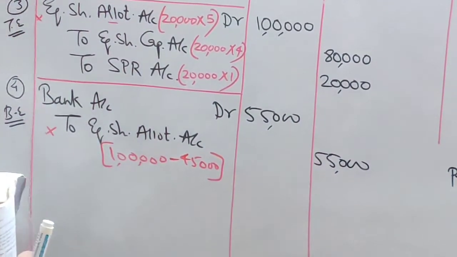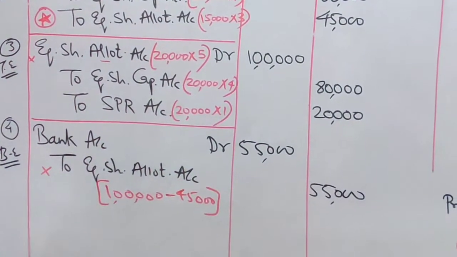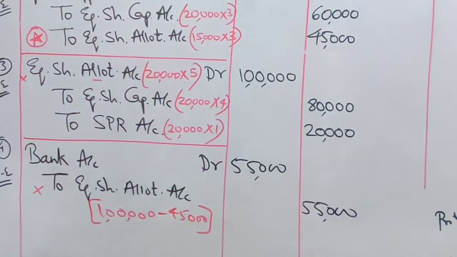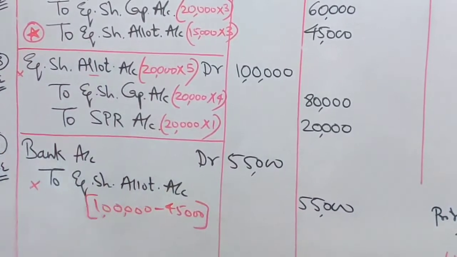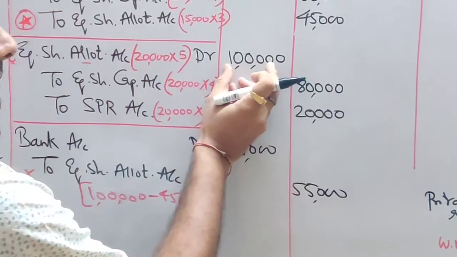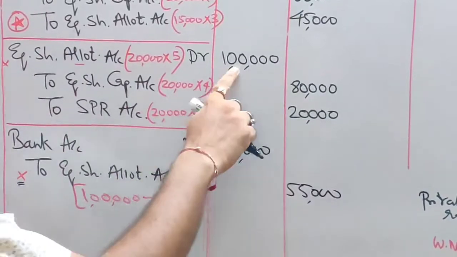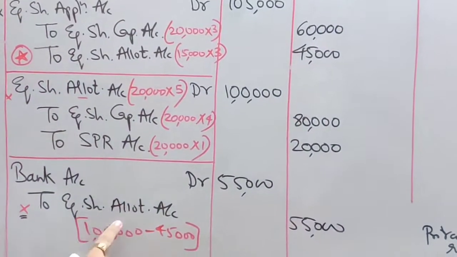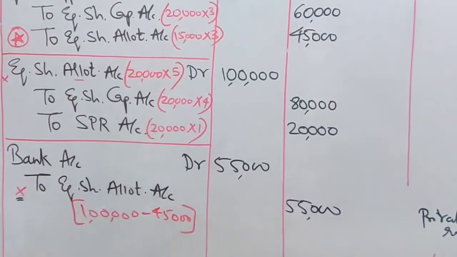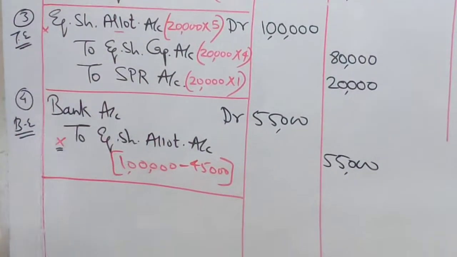If you have not understood, now the trick. You have debited allotment with 1 lakh, correct? Out of this debit, you have already credited 45,000. So how much to credit more to cancel it? I want to cancel this allotment account. So if it is debited by 1 lakh, it has to be credited by 1 lakh to get it cancelled. So out of 1 lakh, 45,000 is already credited. So I am going to credit more by 55,000. So this is another way of understanding it. I hope you have understood both the ways, both the tricks I have given to you.